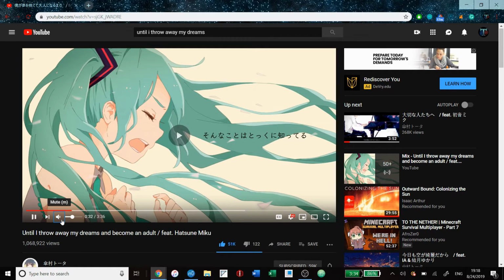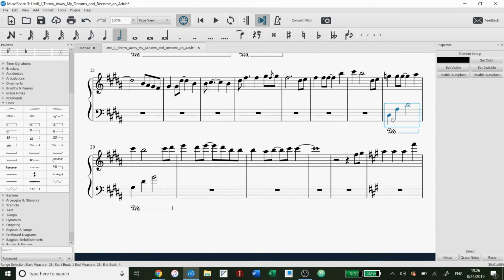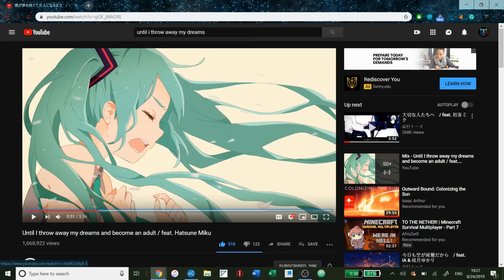Now with this transcription, I decided to try something new. I actually went ahead and wrote in what each part of the song felt like, whether it was calming or whether it was moody or upbeat. I actually wrote that into the sheet music, and the reason why I did this was to make it a guide for me so that I could actually focus on the chord finding process rather than endlessly listening to